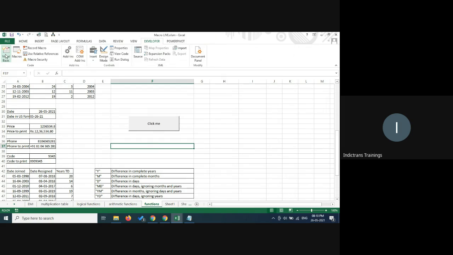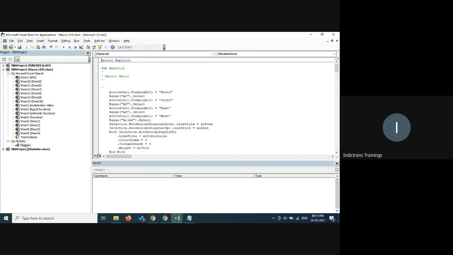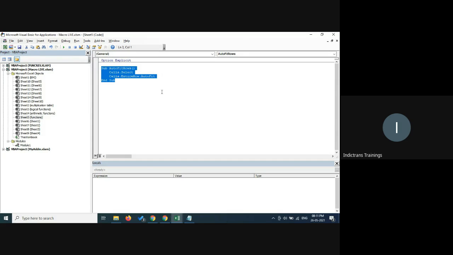Now I go to the Visual Basic window, and here you should go to the functions sheet. We could also go in modules. It's possible, you could do it in module one also, or you go to functions. Either one you can choose. It really doesn't matter where you do it. And just copy paste. So it's sub auto fit rows, sales dot select, and sales dot entire row auto fit. That is what the function is. So this is auto fit rows.